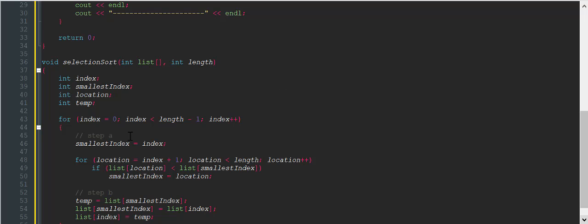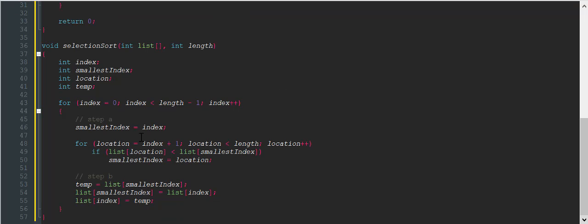So basically what this does is it automatically sets the smallest index to the index, and the index is currently 0, so that is the smallest index, and it does this for each and every single index. So now it does this loop, which is for location equal to index plus 1, which is basically the index after the index that we are currently on,